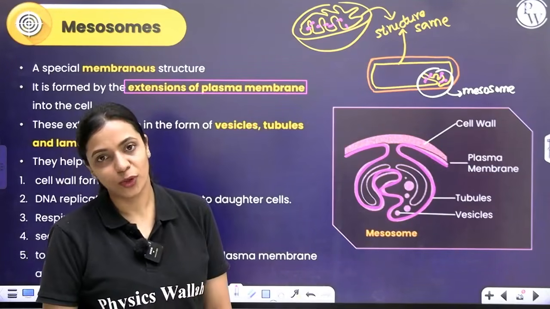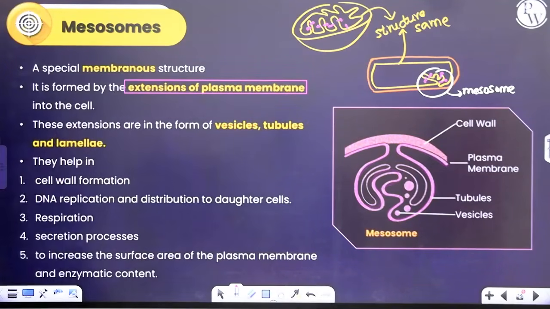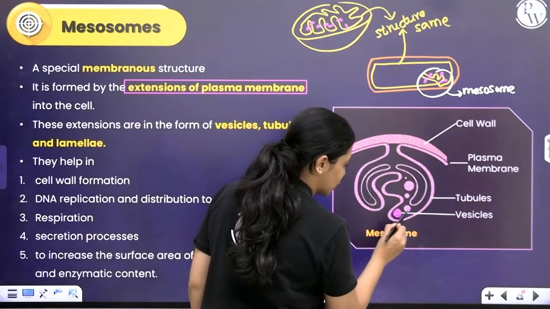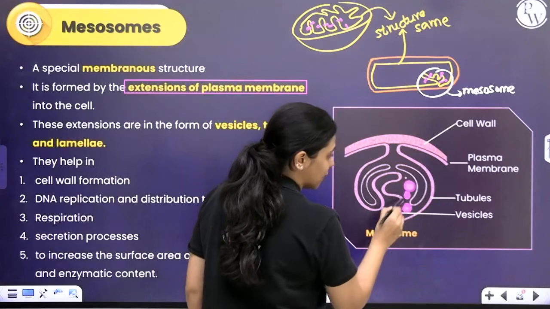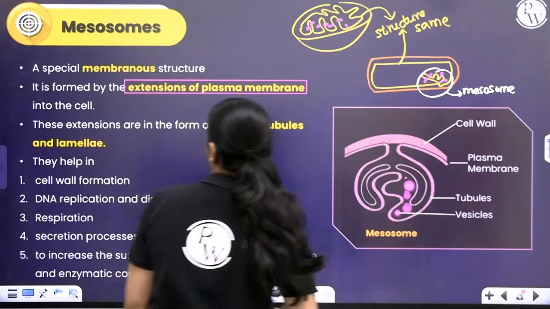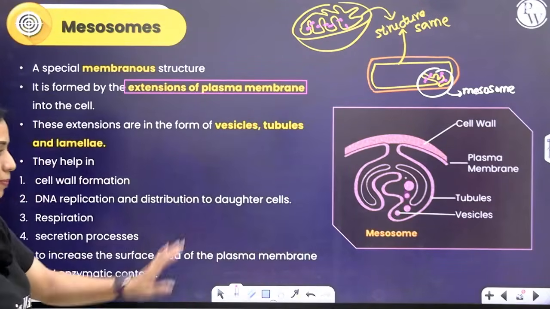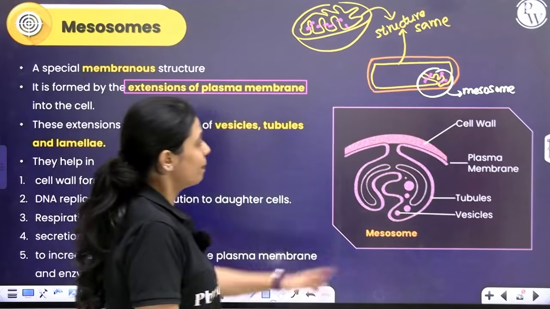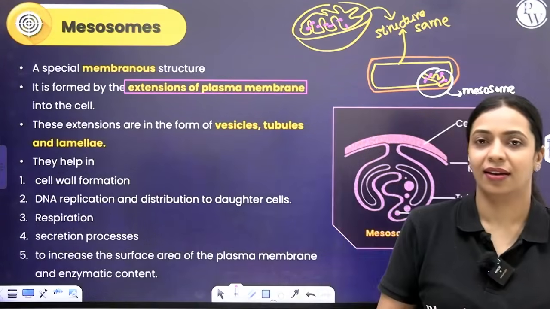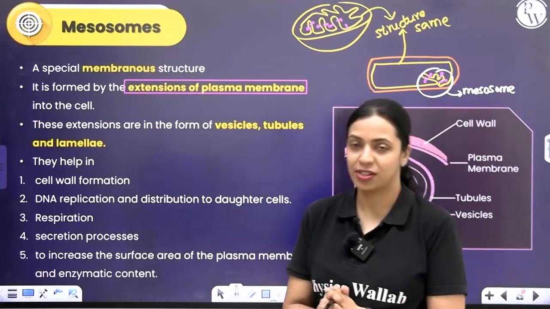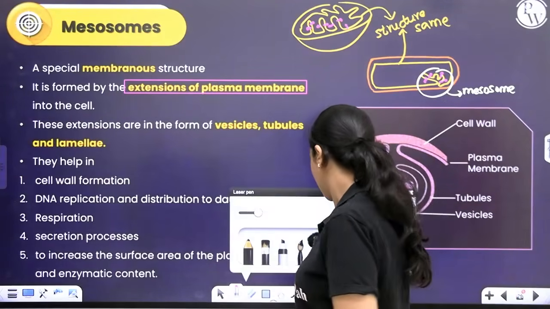Within the mesosome, you can see structures like vesicles, tubules and lamellae. Vesicles are tiny structures like this. These are the tubules and you will have lamellae. Basically, they are the membranes. So that's about the mesosome. Mesosome doesn't help only in cellular respiration or synthesis of ATP. That of course is an important